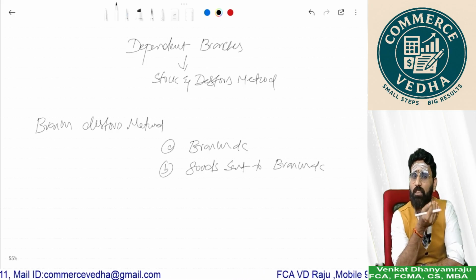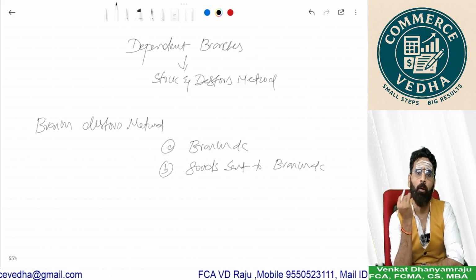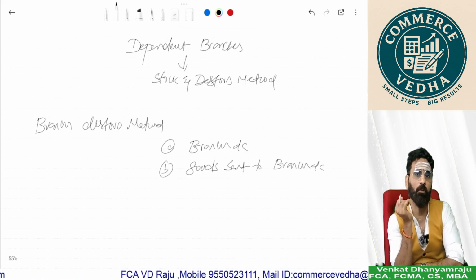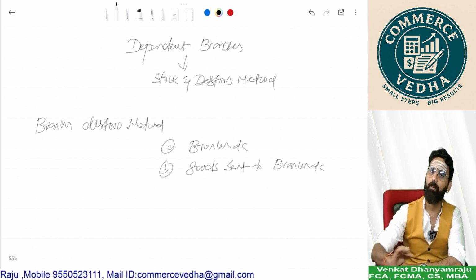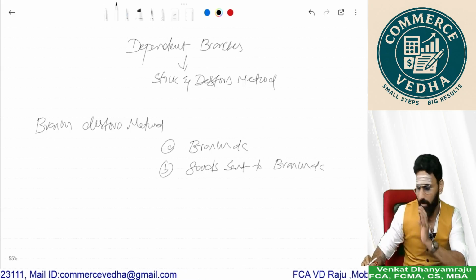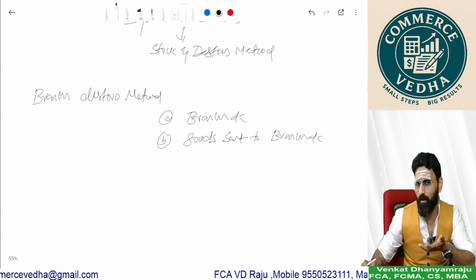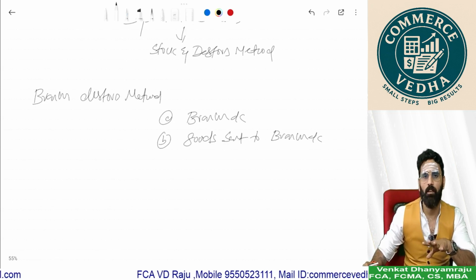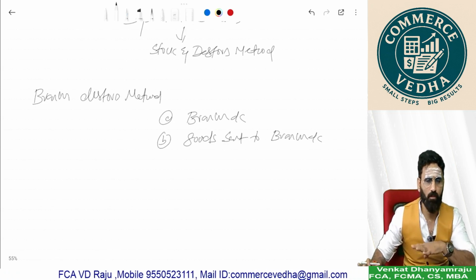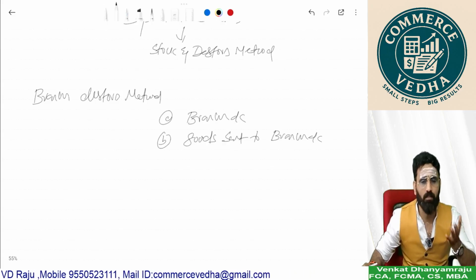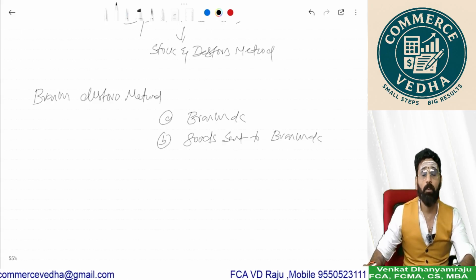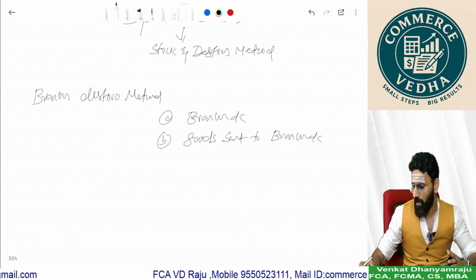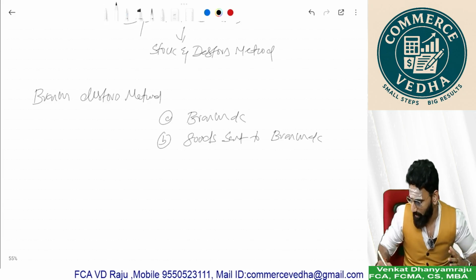For closing balances, we did memorandum debtors, memorandum stock, and memorandum cash to identify the closing balances and collections, and we prepared the branch account. That is possible only when the branch size is small, with not many transactions in a month, not day-to-day transactions happening in that branch. But when the branch size is big and the volume is more, in case of